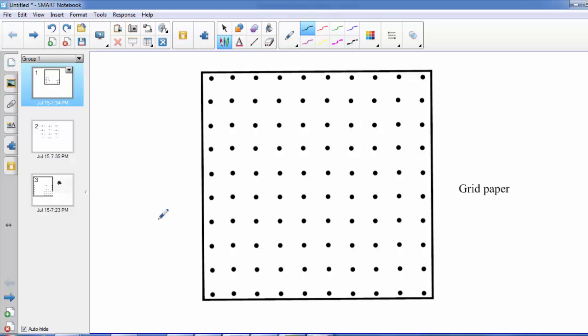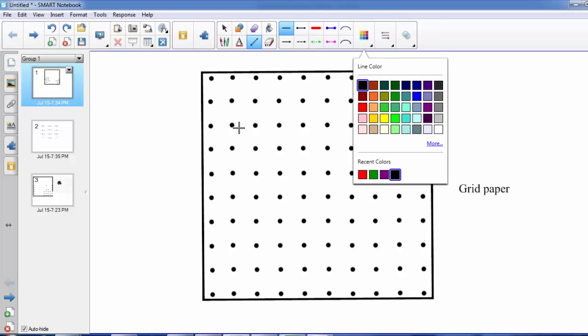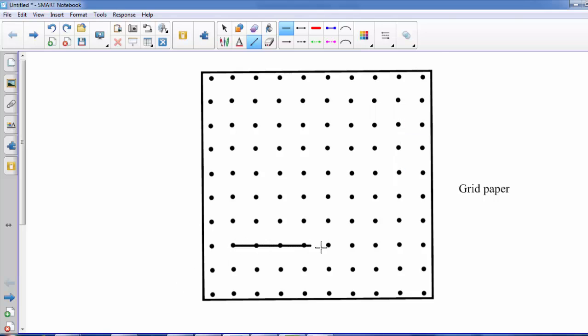Grid paper means you can draw a two-dimensional object on the paper. So that means you need two axes only, the x-axis and the y-axis. The x-axis is for the horizontal line and the y-axis for the vertical line. So if I want to show you a sample of a line, I can say, okay, with black color, I can draw an easy horizontal line from this dot to this dot, for example. And if I want to show you the y-axis, I have to go in a vertical way, and here it's easy to write